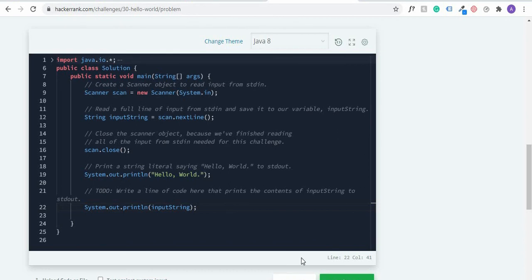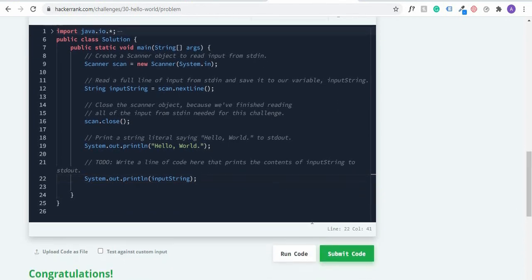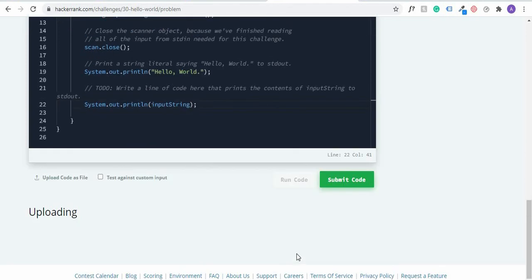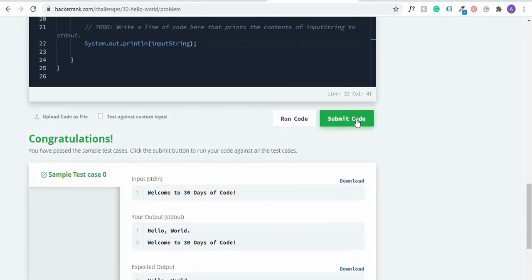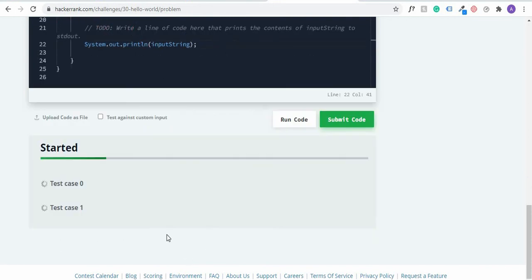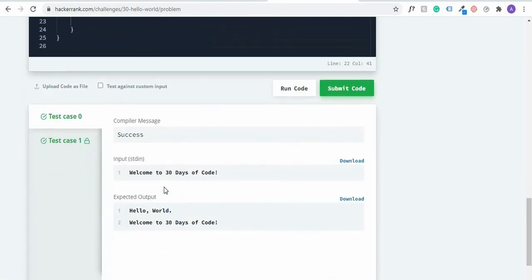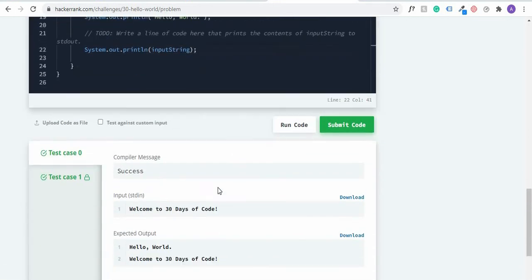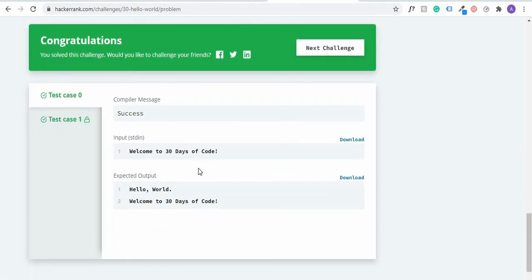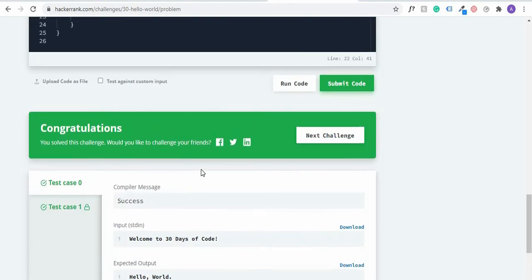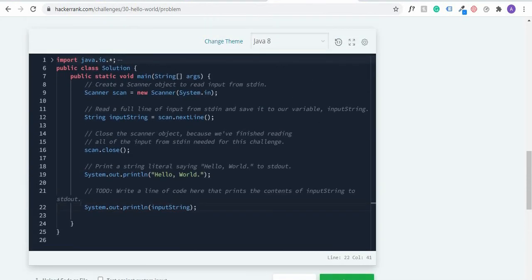So you come to this run code that is down here, and you click on run code. It will upload it, and then it will show you, oh, this is correct. What you can now do next is click on this submit code. When you submit your code, it will test, and that means it is correct. So if you get your feedback as everything is correct, congratulations. If you don't, there is no problem. Just go back to it again and look at where you got it wrong.